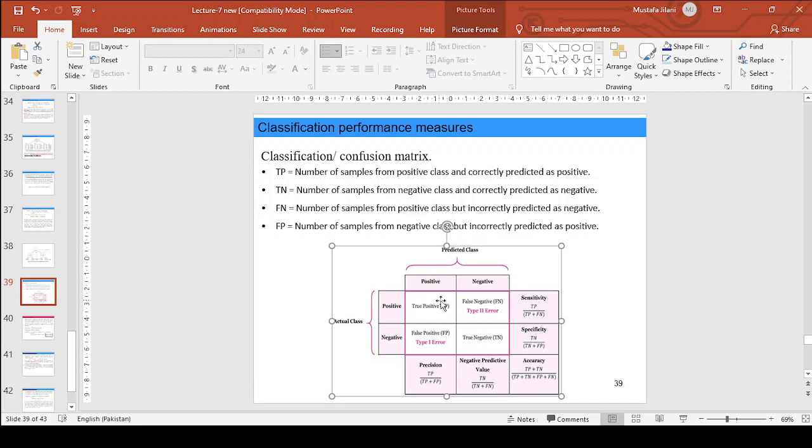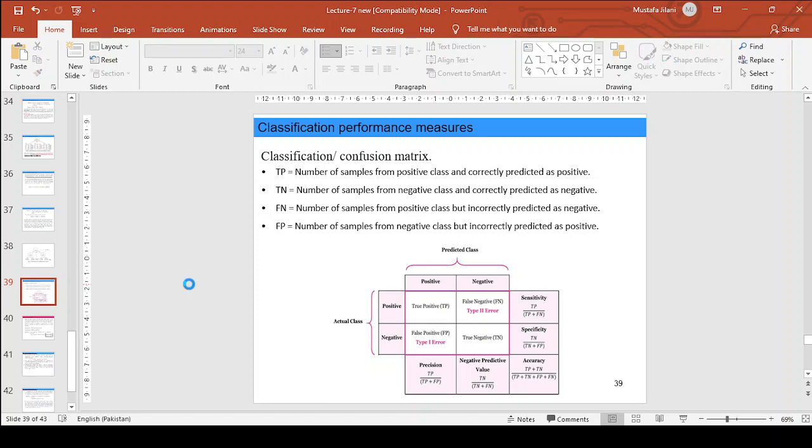Sensitivity is how many true positive cases, divided by false negative plus true positive, and specificity is the negative corresponding to negative. Precision is true positive cases divided by the sum of true positive and false positive cases. And NPV is this. So if you are a data mining person, you will be more careful about sensitivity, specificity and accuracy. When you are a machine learning person, you will be using precision, recall, F1, F4.